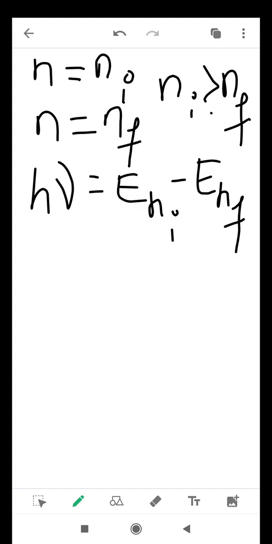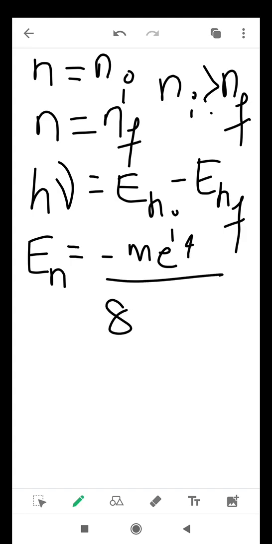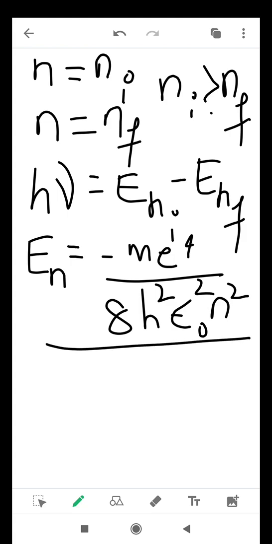So we studied the expression for total energy for the nth orbit, that is E_n is equal to minus m e raised to 4 divided by 8 h square epsilon naught square into n square. Using this total energy expression, let us substitute that in the photon energy expression. So by taking the initial and the final energy levels, we'll get the expression for this as h nu is equal to